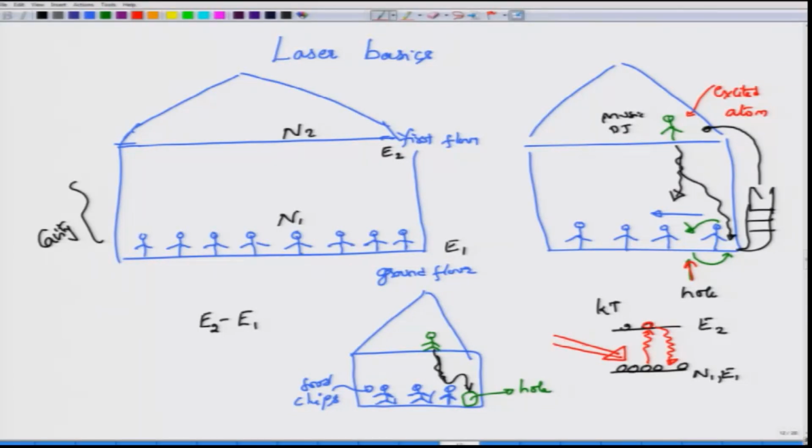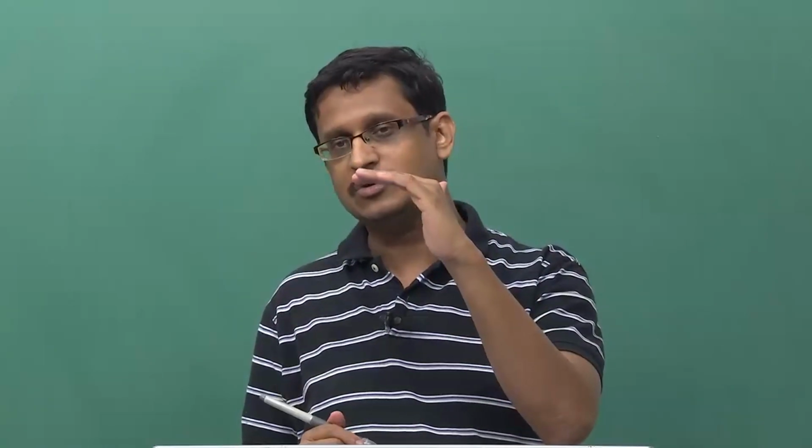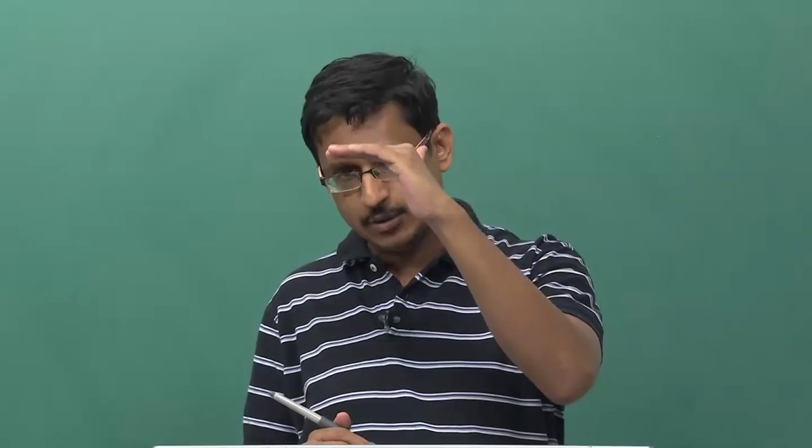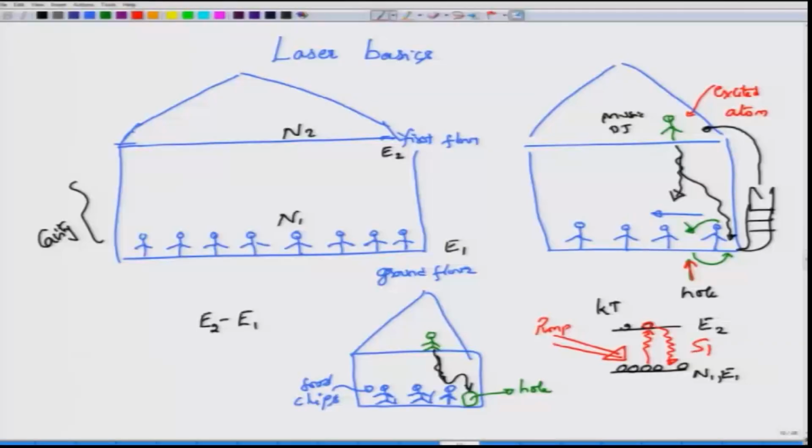One is that there is a pumping going on. This pumping gives a certain amount of energy to the electrons in the ground state, which will then allow the electrons to go from the ground state energy E1 to the next energy state E2, and once they have reached the energy state E2, they will not linger there forever, they will start falling off to the ground state after a certain characteristic time, and that falling off on their own is called spontaneous emission.